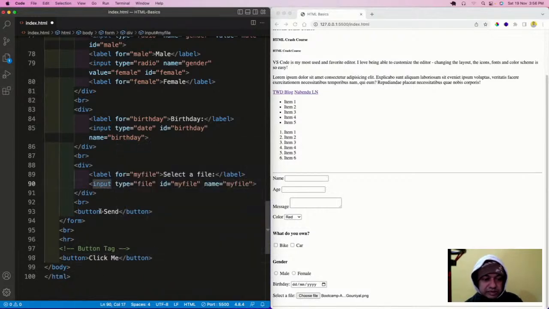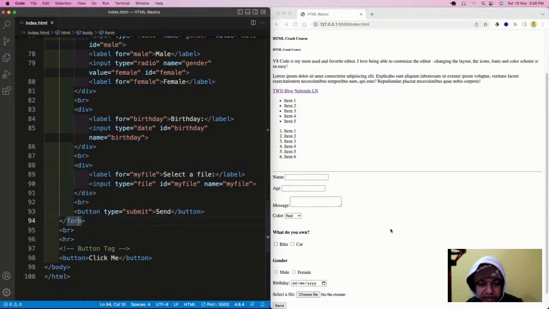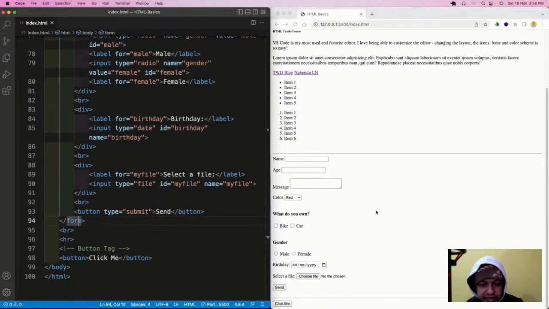It is mandatory to have type equal to submit. Type equal to submit should be there. Whenever we have a button inside a form, I should always have type equal to submit. There is something special that happens with that, and I'm going to tell.